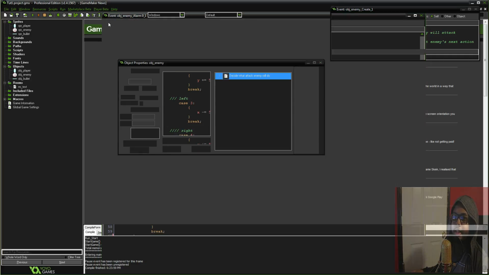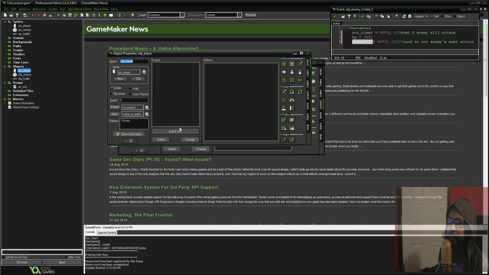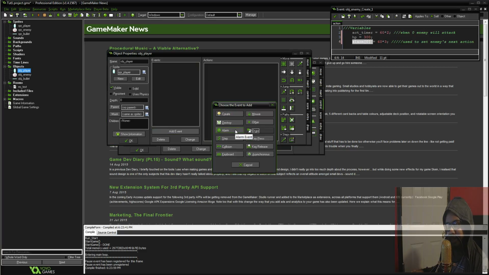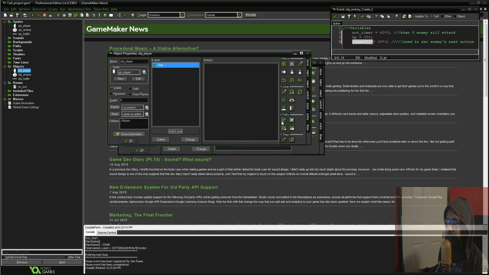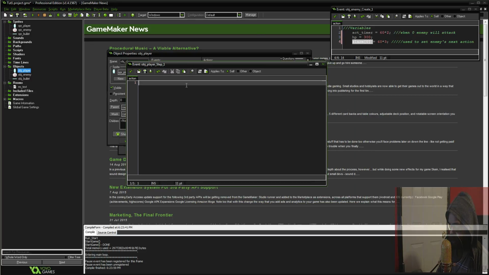There we go. Now this time, before we go back and test it, we're going to actually give the player some movement, so that he can actually dodge the bullets and all that kind of good stuff. So let's go ahead and just do a step event, and inside of here, player's movement. We'll give him a basic 4-direction movement, up, down, left, right. So if keyboard check,